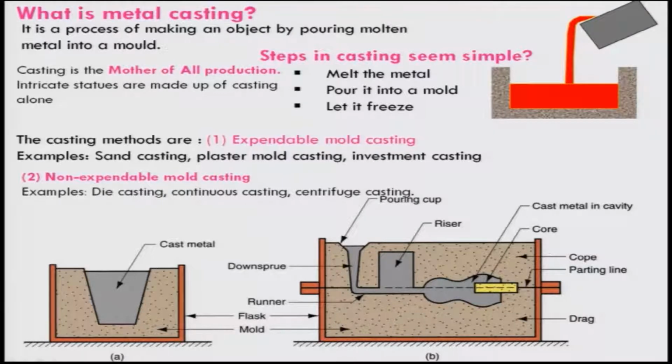And of course, the side view of this entire mold system is shown here, which has the cast metal. This portion is the pouring cup through which the metal will be poured. It has a conical shape, and then slowly the pipe decreases, and this is known as the down sprue. After that the metal will flow through the runners, and there is a riser also in which the molten metal will be stored, such that it will go slowly into the cavity in which the metal will be cast.